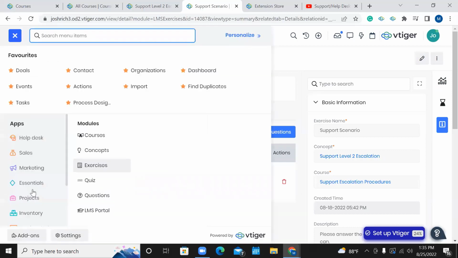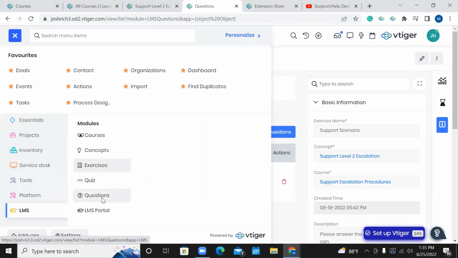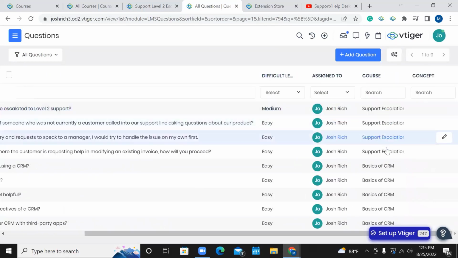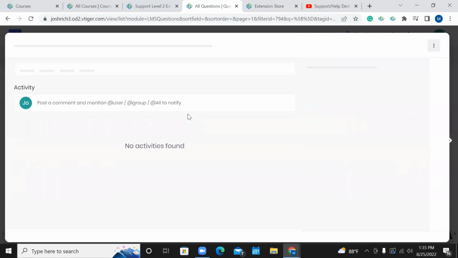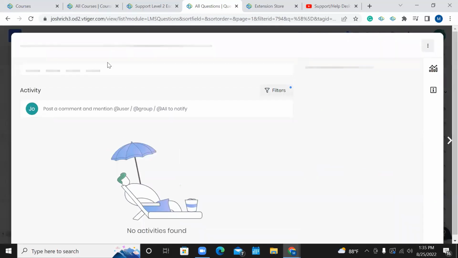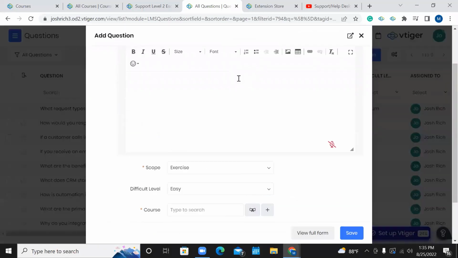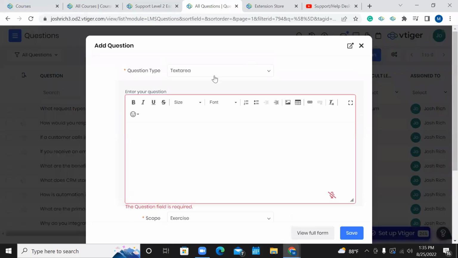So from here, I actually want to go into questions, and then I'll jump into the quiz. So questions, as Joss mentioned too, we also like to refer to it as a question bank, just because you're going to be creating your questions as they come, setting up the scope for them, and linking them to a course. So for example, actually, you know what, just as an example, let's go through creating a brand new one instead of going through one I've already created. When you're first creating a question, you'll just click the add question button up top. Then you'll want to set the